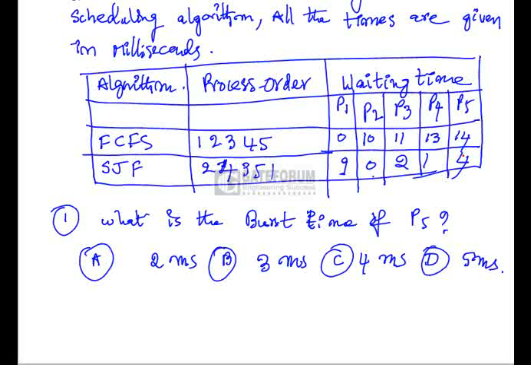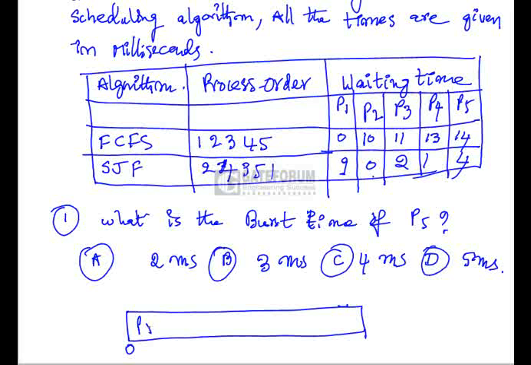So first let us draw the Gantt chart representation using FCFS and SJF so that we can find the burst time of process P5. In a Gantt chart, for example in FCFS, P1 waiting time 0 means first we have taken P1. P2 waiting time 10 means P2 came after P1, so at the 10th second P1 will be over, and the waiting time of P2 becomes 10. Waiting time of P3 is 11 means at the 11th second P2 is finished and P3 is taken. Again P4 is 13, that means